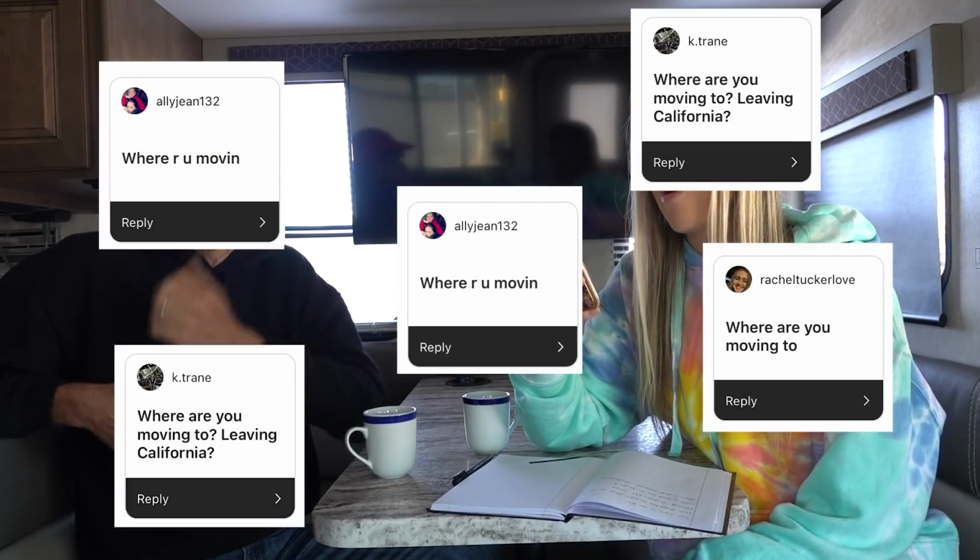What made you want to pick up and move and travel in an RV? Nothing. I literally felt the Holy Spirit say I needed to move, and I heard him say specifically where, and so this is truly an act of obedience and me stepping out in faith because I feel like this is something I'm supposed to do right now in this season. And so many questions about where are you moving? Okay, fine, I'll tell you. I'm moving to